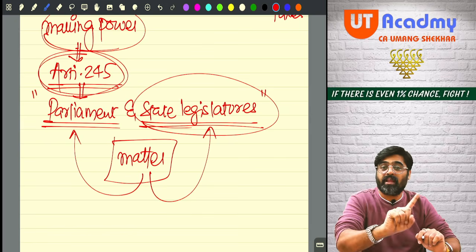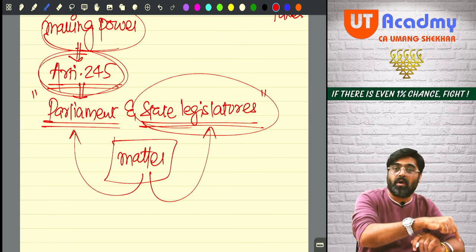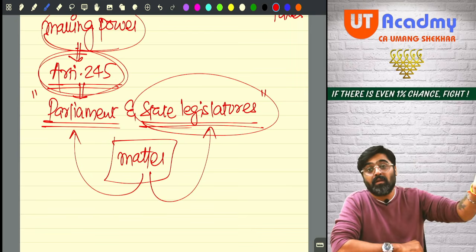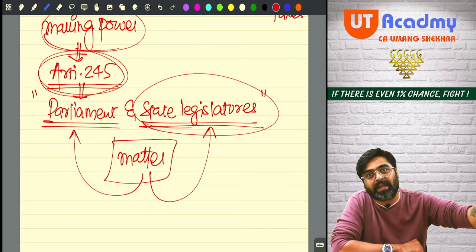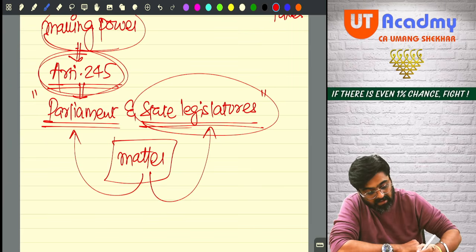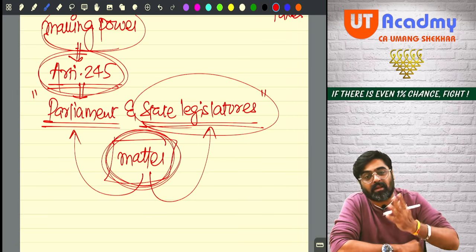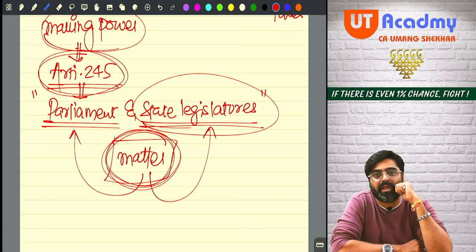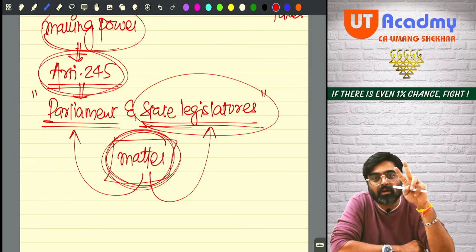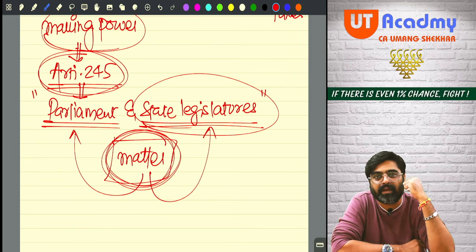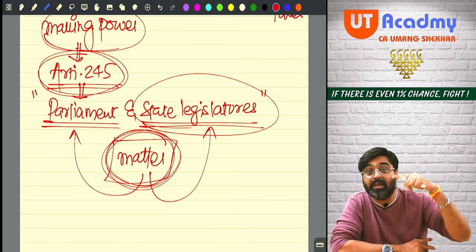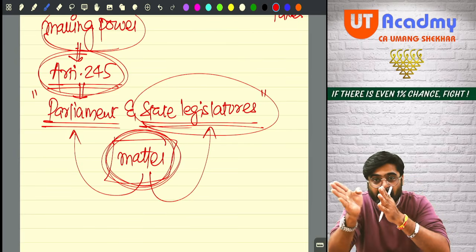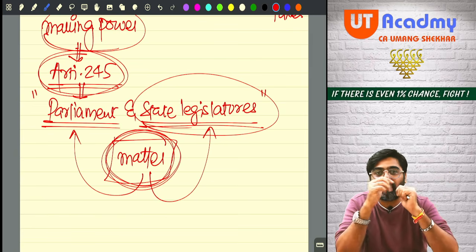But state legislature is saying no, no, no. On this matter, we want our own law, which we will make on our own and get implemented in our state through the state government. Just imagine if on the same subject matter, parliament is also making a law and the state legislature is also making a law, then don't you think both the governments will fight? Central and state governments will fight? That we are superior, no, we are superior. So there has to be a clear demarcation of this power.